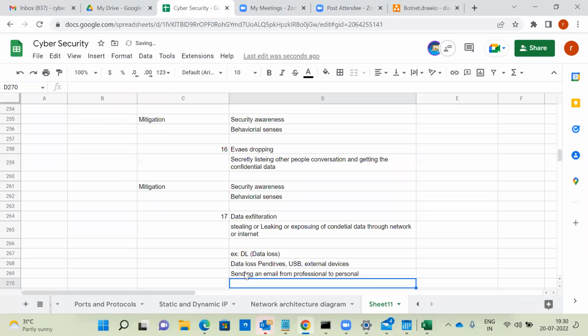So sending an email from professional to personal by attaching some of the data. Most of the people, whenever they are resigning from a company, will copy the data. Why? Because whatever project he or she is working on will be helpful for future purposes. In that scenario,